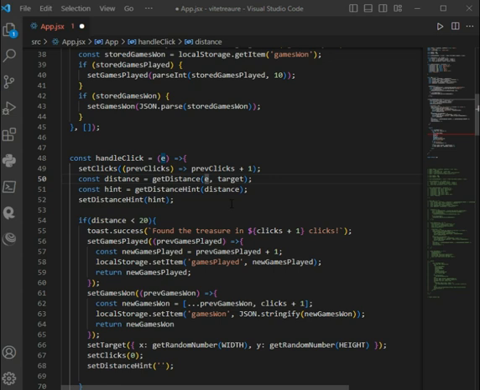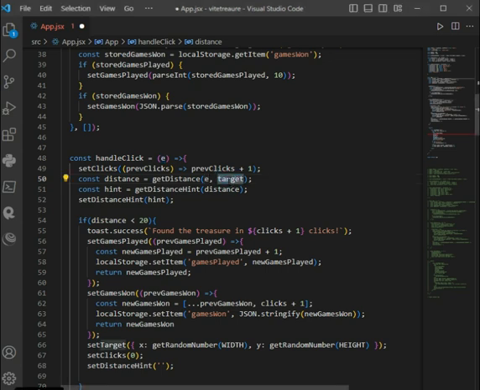And then we calculate the distance between the user's click position and the treasure position. The getDistance function is called to calculate this distance based on the coordinates of the click event and the coordinates of the target,